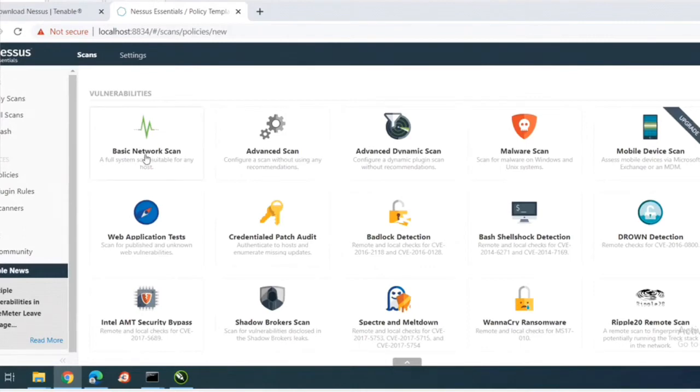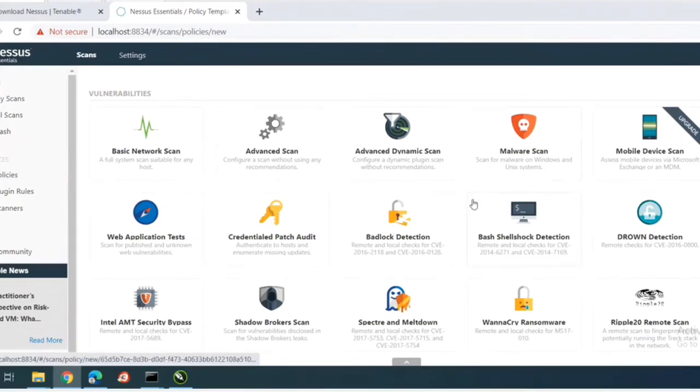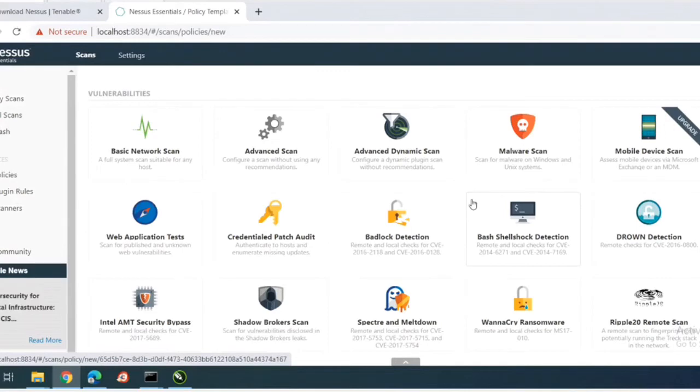Now these templates are available, but for the mobile device scan you need to upgrade, because this is the free version and it is limited to 16 devices, 16 IPs, as well as specific feature limitations.